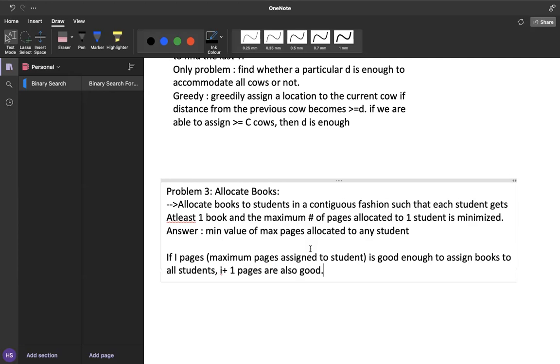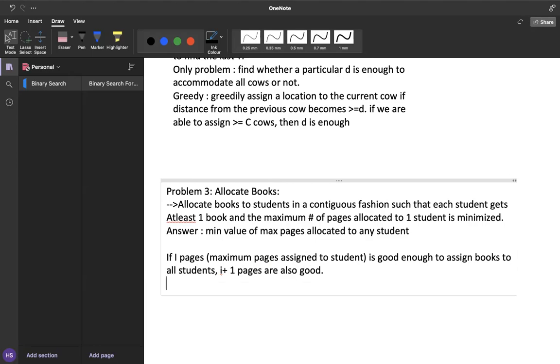So what I'm trying to say is that if the maximum number of pages assigned to a particular student is I plus 1, then also it's good, right?